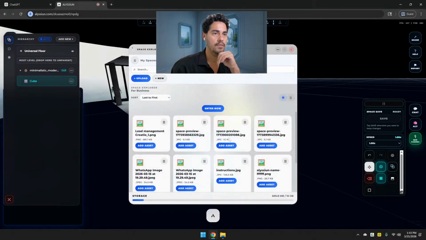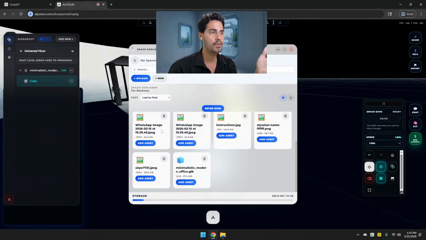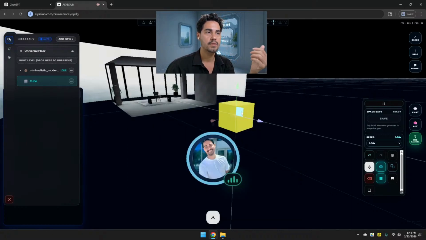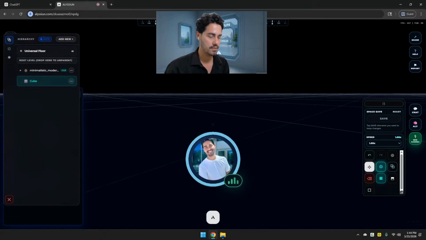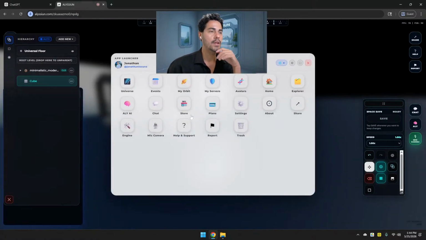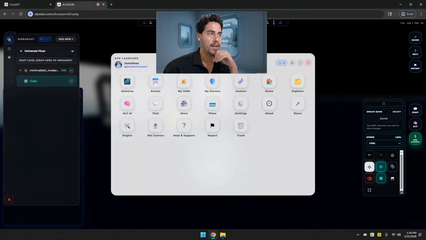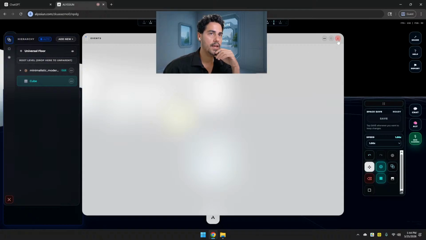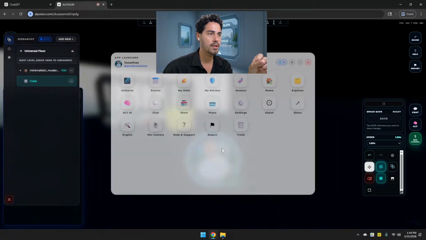Here we have the folders. Like in Windows and Mac, you create a folder, but the difference here is that it's in a spatial space like this. You can just work through it and drop objects. The events are not opening right now because there are a lot of things not working at this moment, because of what I was saying. I'm working on other things.